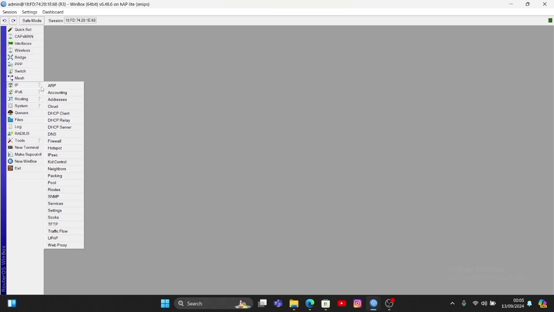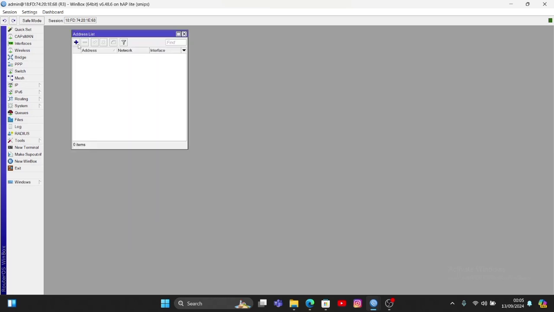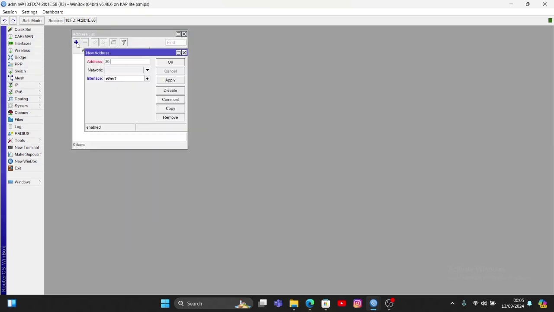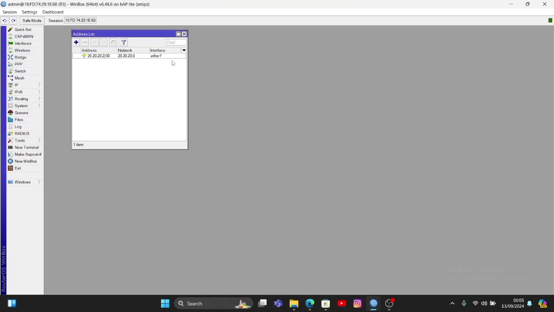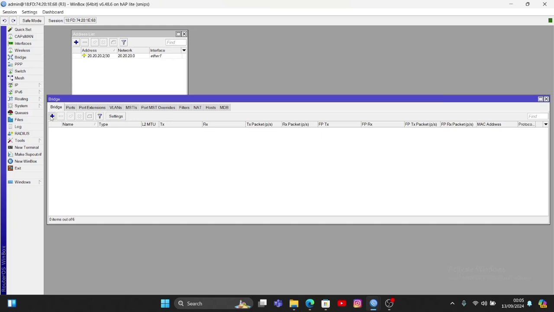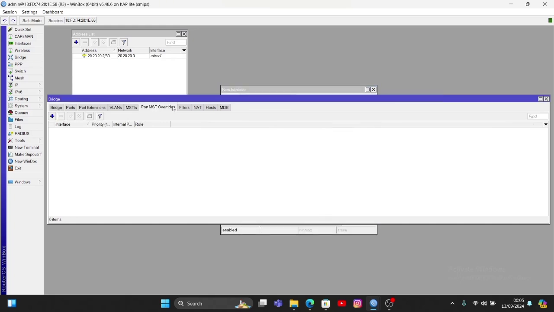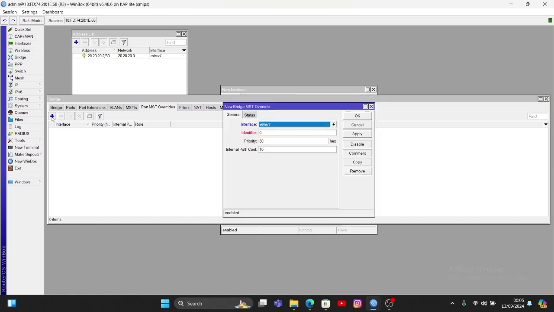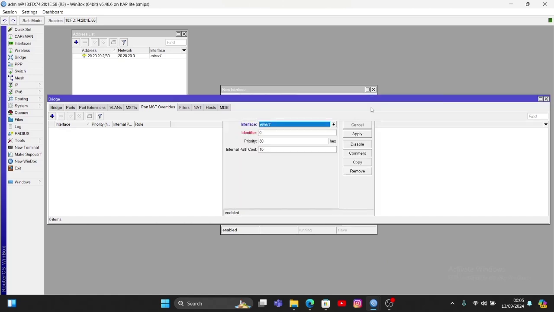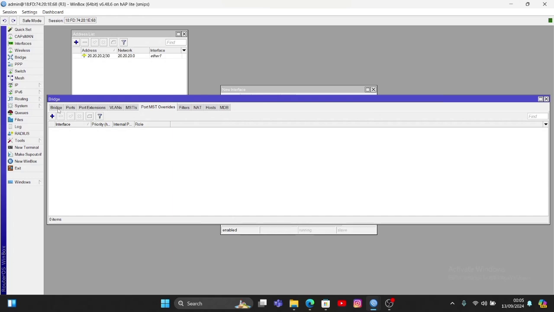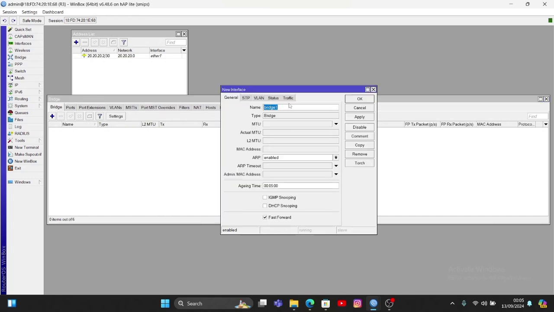So yes, now I enter the Mikrotik router and first I add a network, and this is the network from Mikrotik, and I use the prefix 30. And I add an IP bridge.